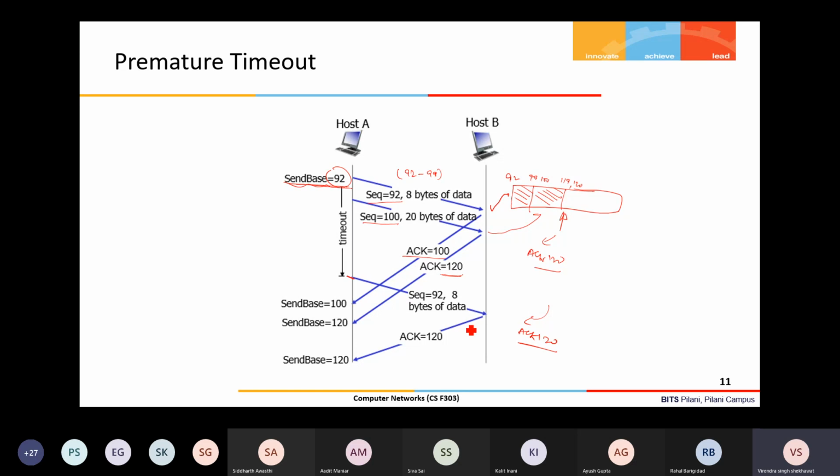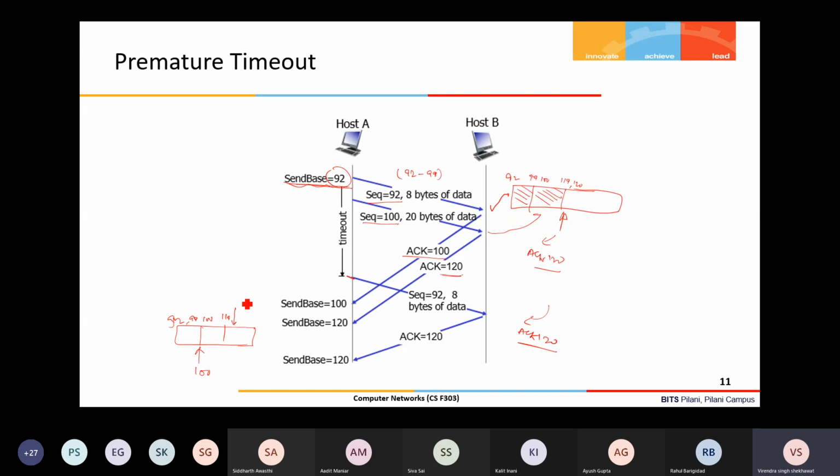So when the sender receives 120, the sender will also change its send base to 120. Before that, the send base was at 92. That 92 I have sent, up to 99, 100. So actually it has sent 100 onwards, up to 119.